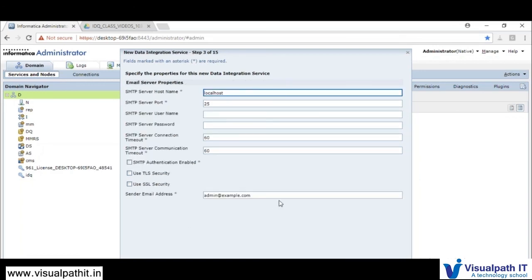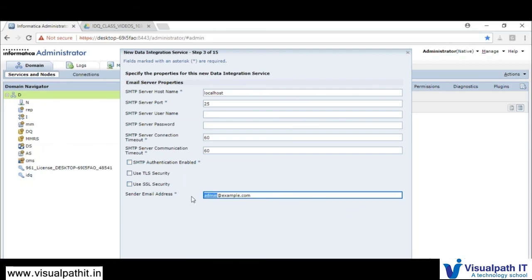So next level you need to provide the email server properties. Again it will be based on the email configurations you have. So the details you will be providing here, and the sender email you will be selecting here. Whenever you are prompting for any email alerts, whenever the data integration service is acting on anything and you want an email address to be configured, then you will be providing, usually, your server name.